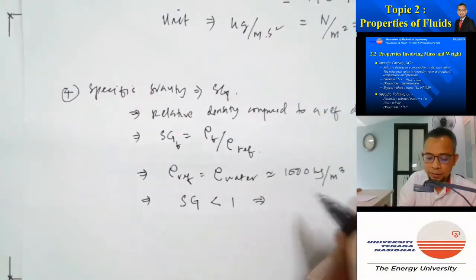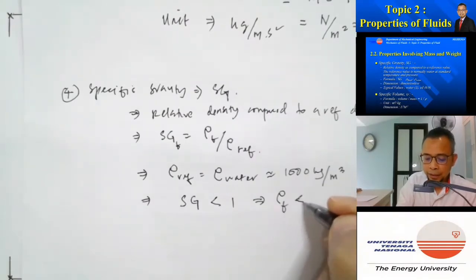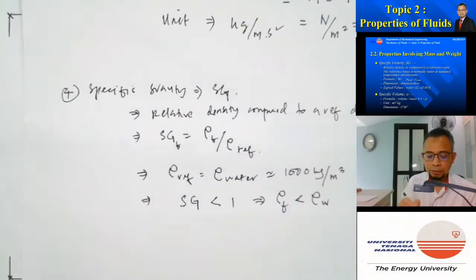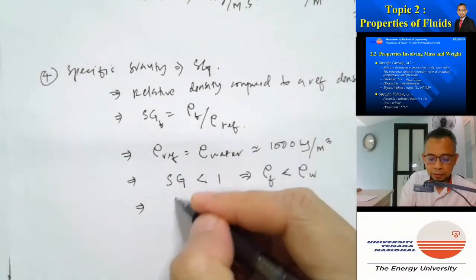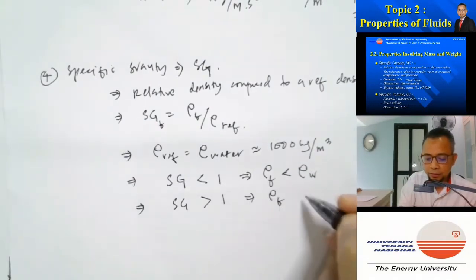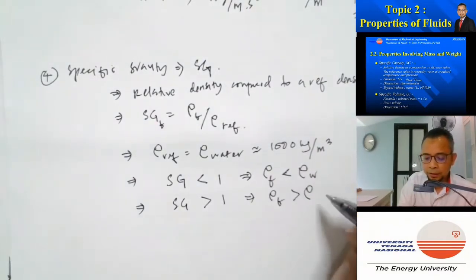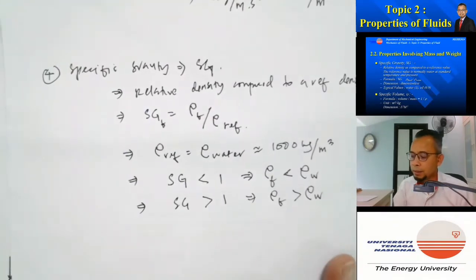If Sg is less than 1, that means the density of the fluid is less than the density of water, right? And conversely, if Sg of the fluid is bigger than 1, that means the density of the fluid is bigger than the density of water, right? Okay, so now